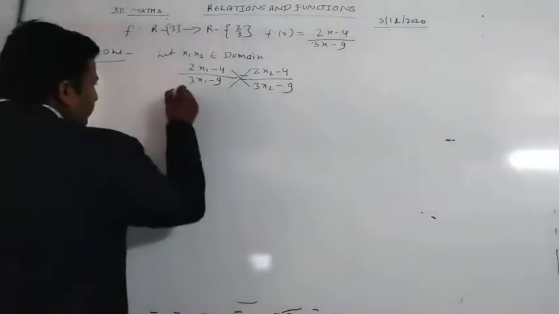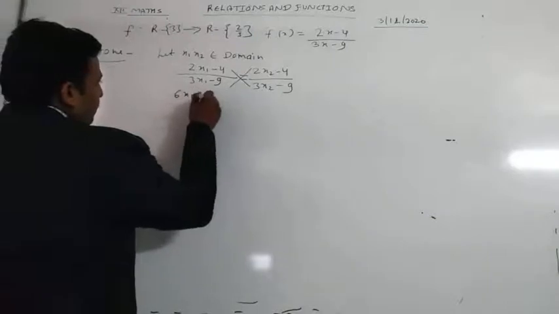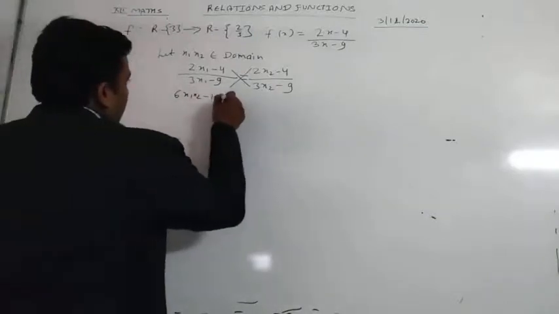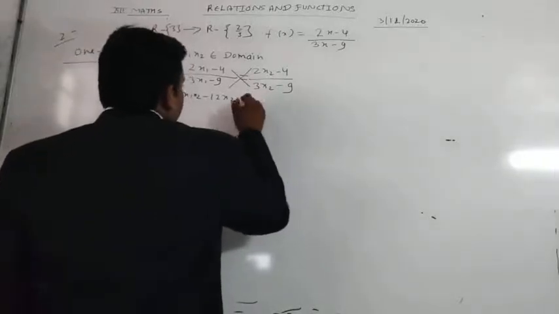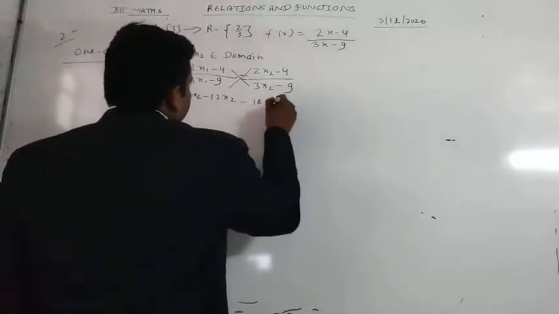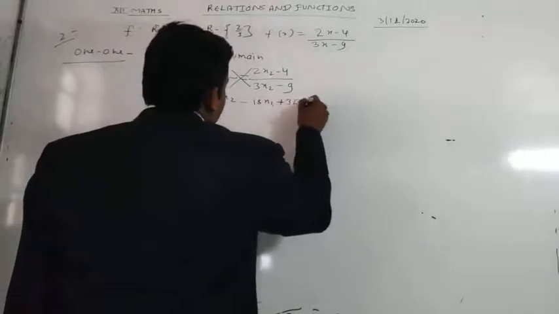Now we will do the cross multiplication. After cross multiplication, we will find that 6x1x2 minus 12x2 minus 18x1 plus 36